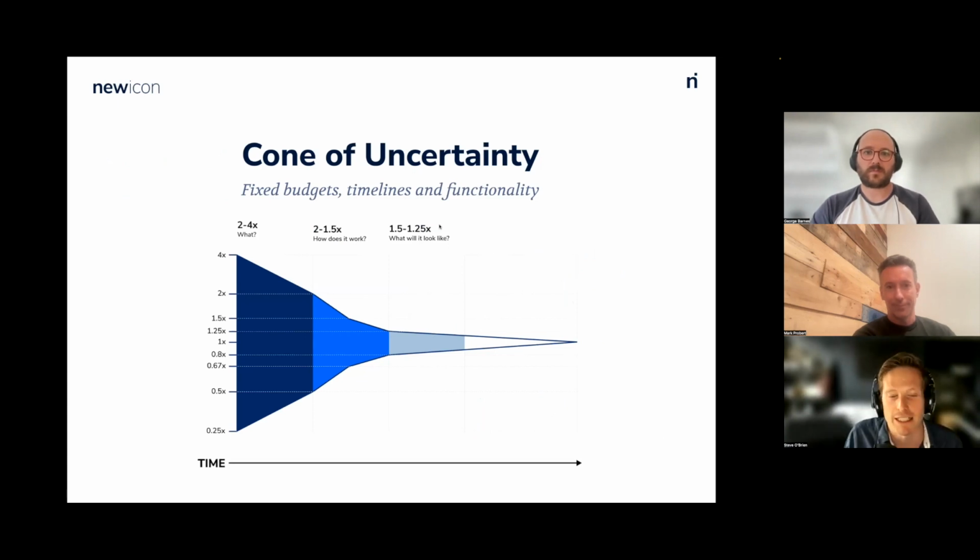This basically says that right at the beginning of a project, if you were to estimate something, typically your estimate is going to be off by a factor of 4 in the early stage. So it could be 4 times as much. And in software, sometimes it can be even worse than that. So your estimate is going to be at least 4 times as big or 4 times as small. And as you start to know more about the project, how it works and what it looks like, that uncertainty rapidly shrinks until you can get more accurate.